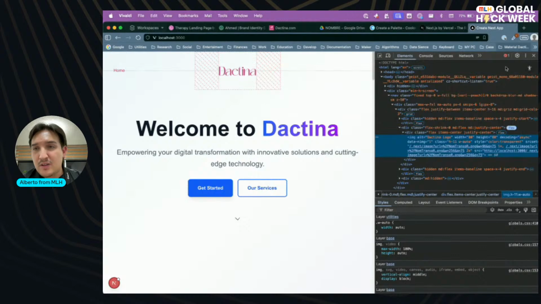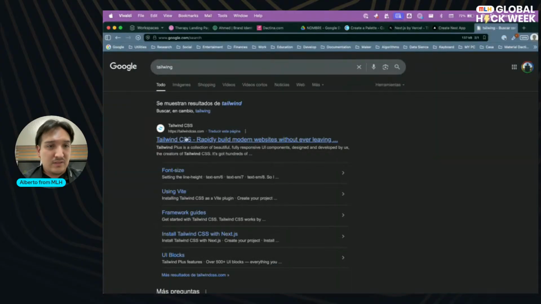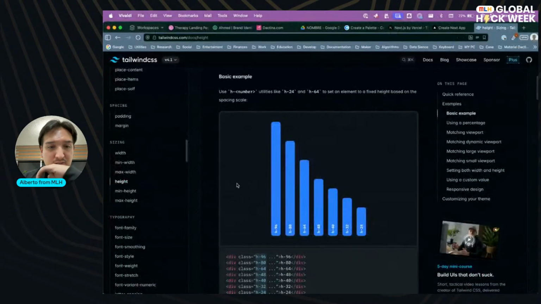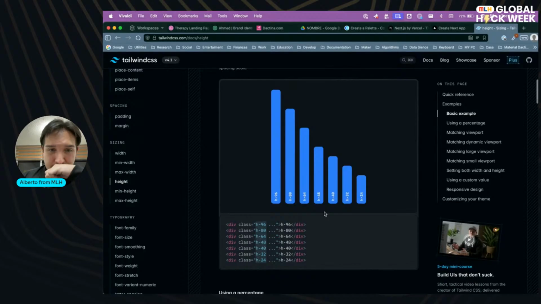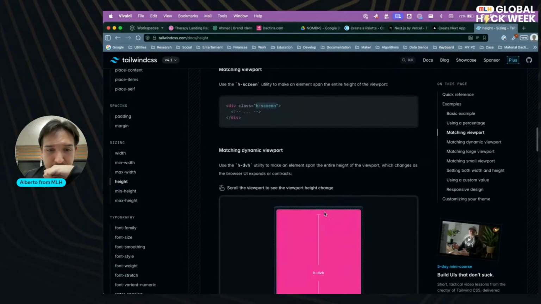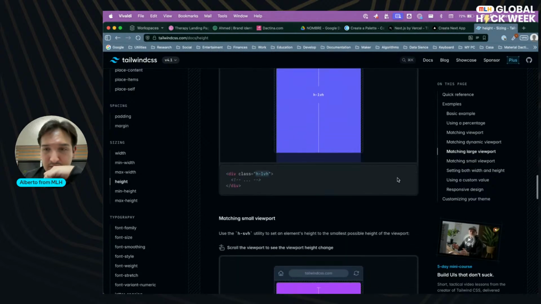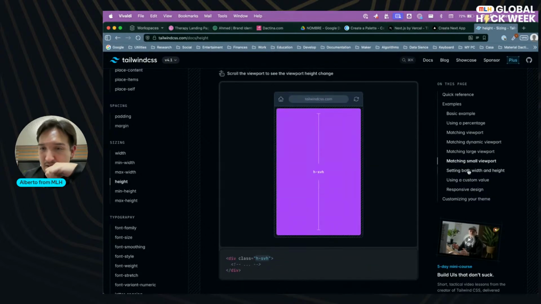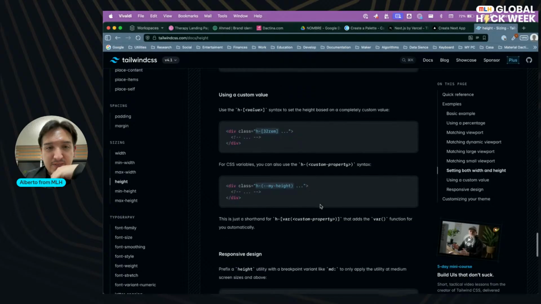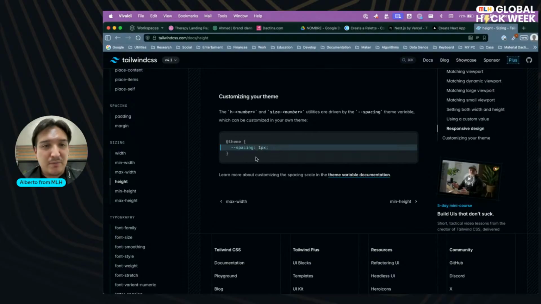Okay, let's see that H11 on Tailwind. Matching large viewport, small viewport, setting with a height. Yeah, and the thing where we define spacing.